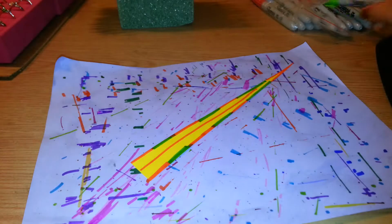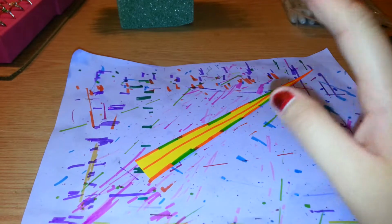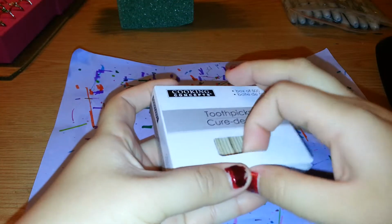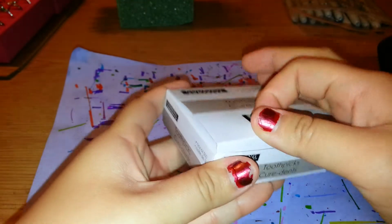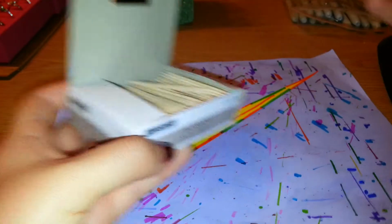Okay, once you have all your lines colored or whichever way you're going to do it, I'm going to get a toothpick, and it's not bad because this is a box of 500 toothpicks that I found at the Dollar Tree. So, you just get a toothpick,